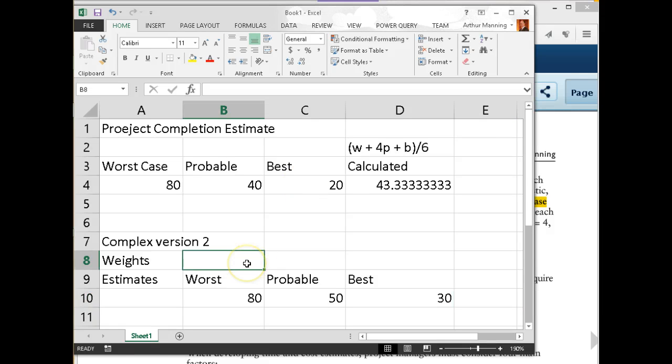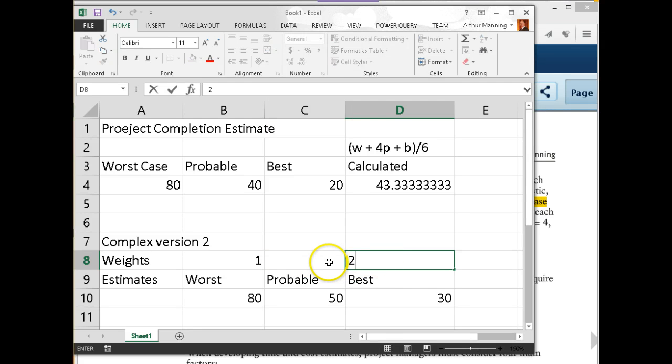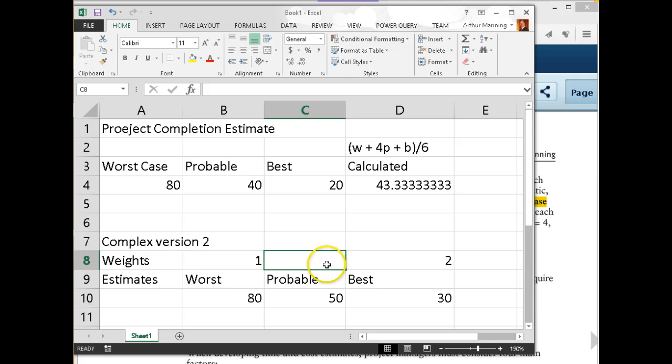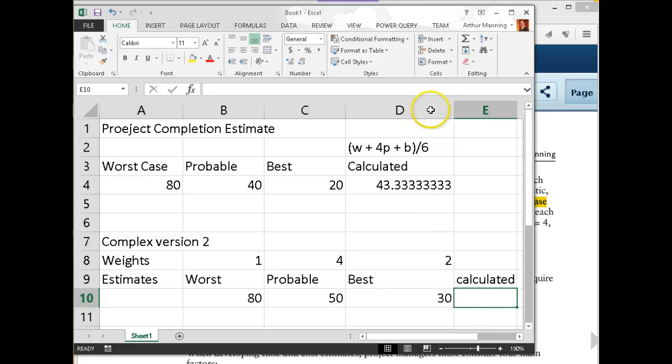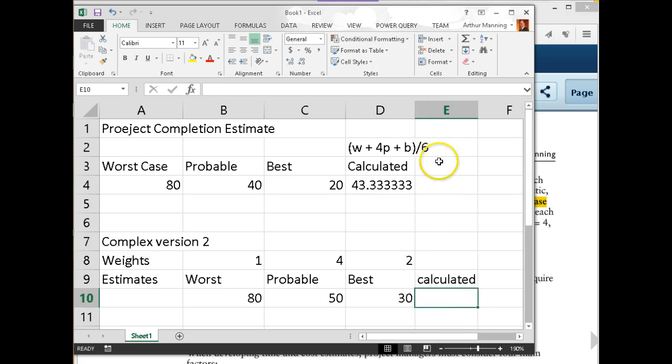But now if our weights are going to be slightly different, let's just say I'm going to be more optimistic and weight the best, give it a weight of 2, where the worst and probable I'm getting the same weights I had before, of 1 and 4, and 1. Now on my calculation, I would use my weights as part of my calculation. So it's